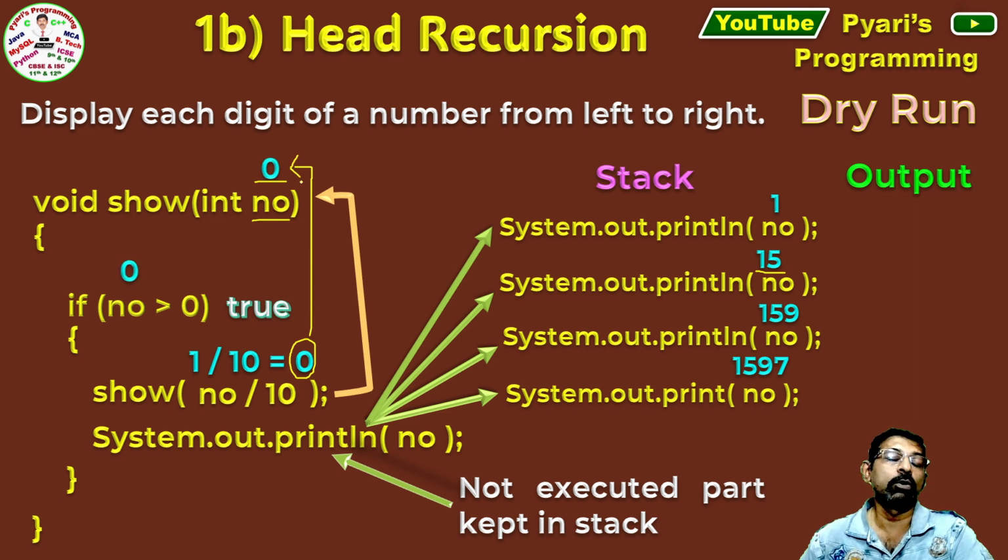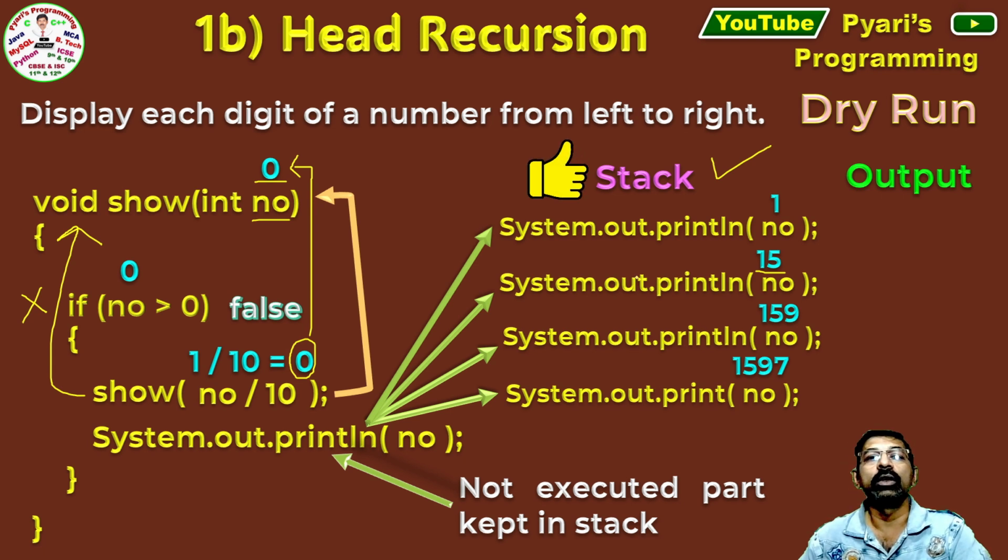0 is greater than 0? The base condition is false now. Now I will stop calling this method recursively. So now we move to the stack to execute the pending instructions. So that's why in the theory we said that it will execute all the operational statements when it will come out of the recursion or at the time of returning. So here it will execute from top to bottom because stack extracts the element from top to bottom. So top one is